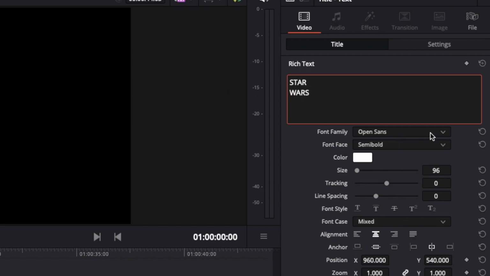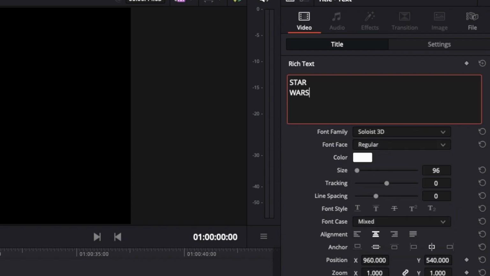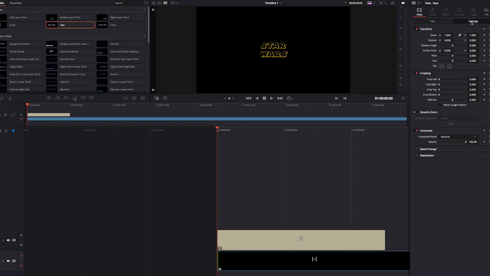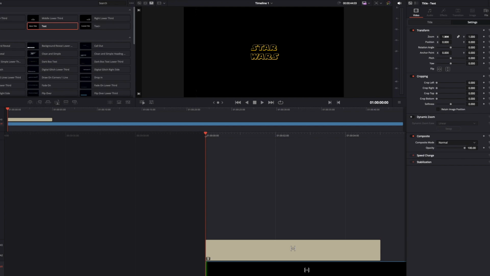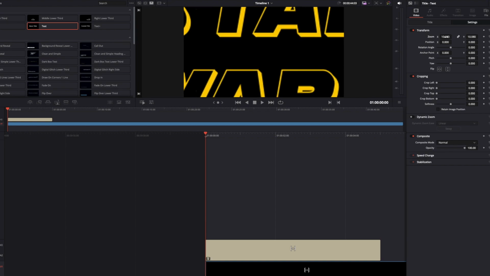Now we're going to change the font to Soloist 3D, and we're going to change the colour to that nice yellowy orange. There we go. Now we're going to go into our settings, and we're going to find zoom, and we're going to drag this out so that it is nice and big,